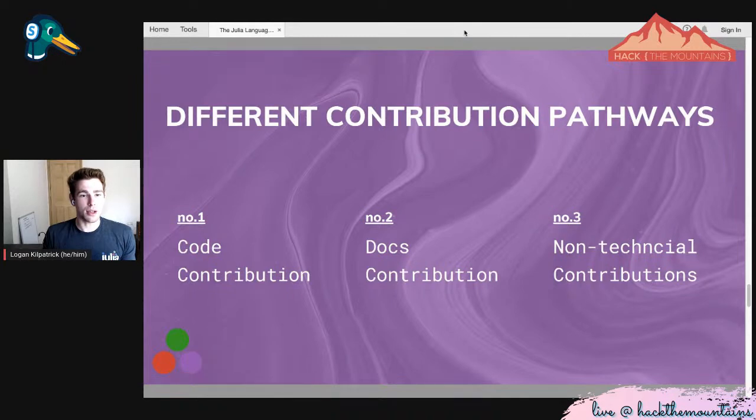And I don't think that this framework is exclusive to programming in Julia or the Julia ecosystem. I think this will apply to any open source project. So if Julia doesn't end up being the tool for you and doesn't end up being what you're super interested in, you can apply this same framework to whatever the ecosystem is that you're part of.